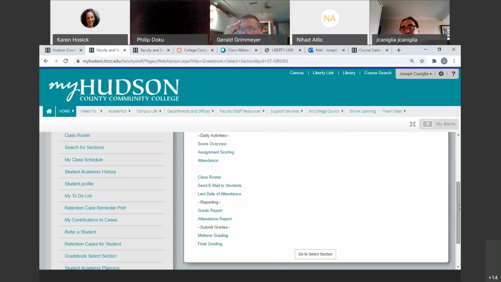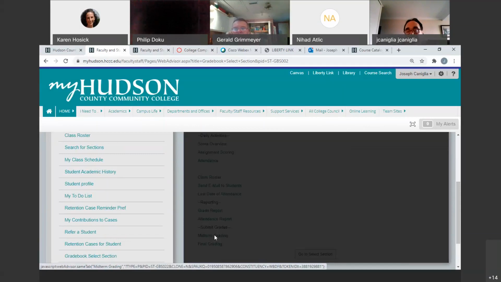Also, what will be important to you during midterm and final exams, final grading, is we have to, as faculty members, we need to remember, and you should get emails from your deans, to input midterm grades when they're due. The way you would do that is on the bottom, there is a choice for midterm grading. So you would click on that,